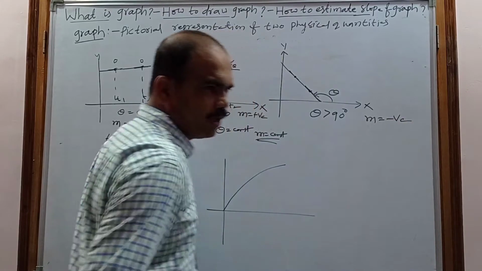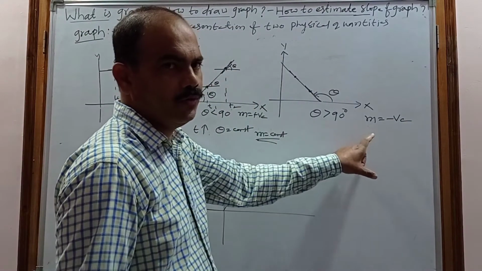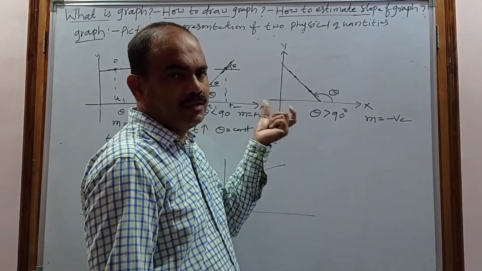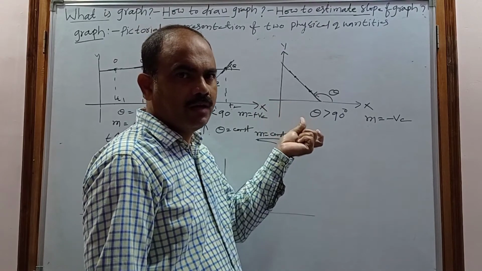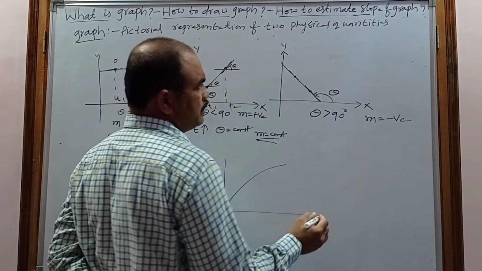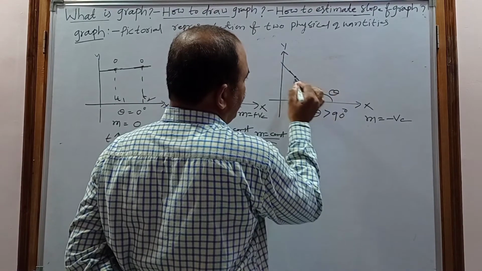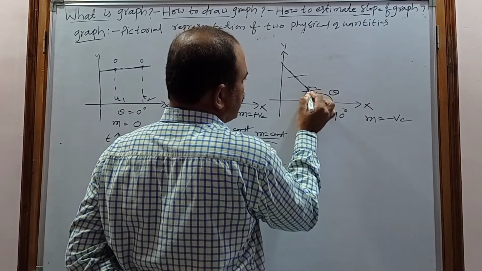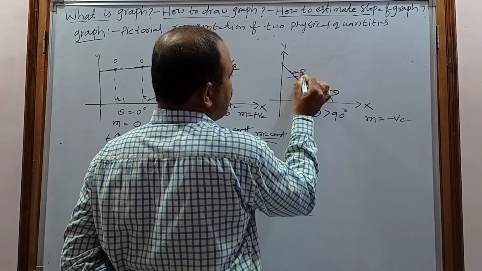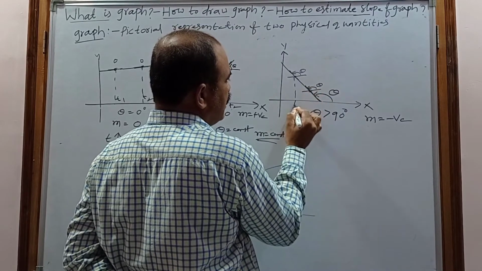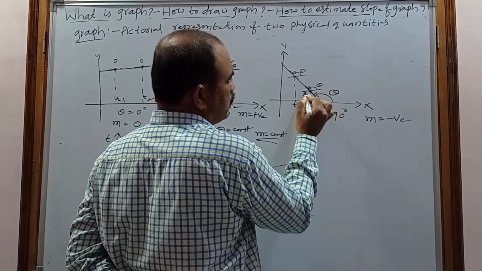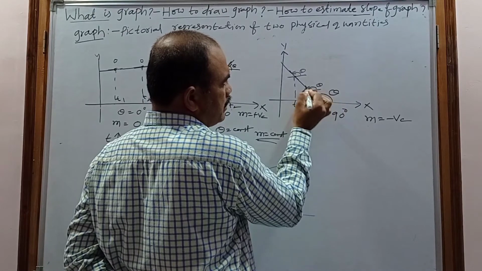Negative. Okay, the slope of the graph is negative. Now we have to guess whether the slope is changing with respect to time or not. So for that purpose, observe the angle made by this tangent with the x-axis. That angle is also not changing: this at the t1 time, this at the t2 time. So the angle made by the tangent with the x-axis is also not changing.